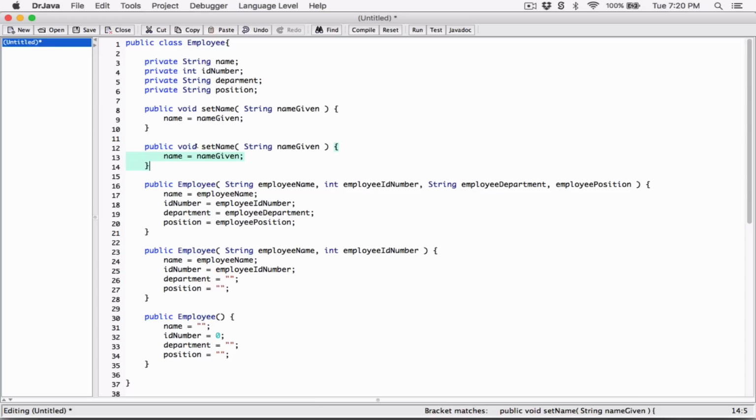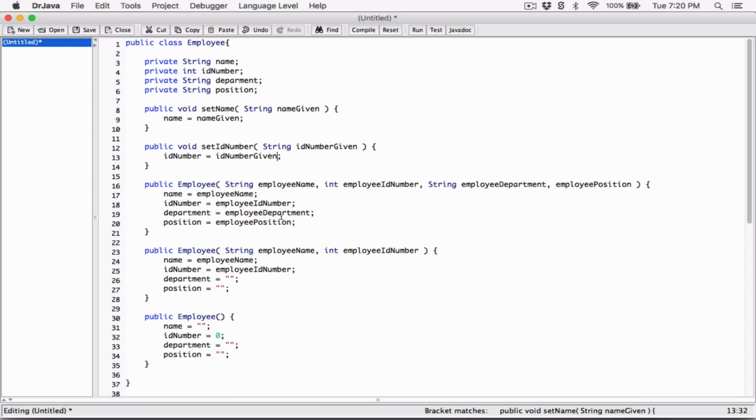So public void is not going to return anything, but we're going to call it set ID number. ID number is going to accept an argument, which is going to be the ID number given. And we're basically changing the ID number field to the ID number given,